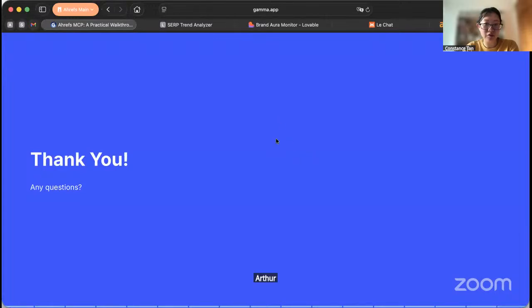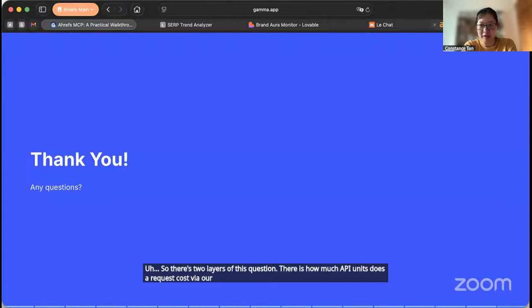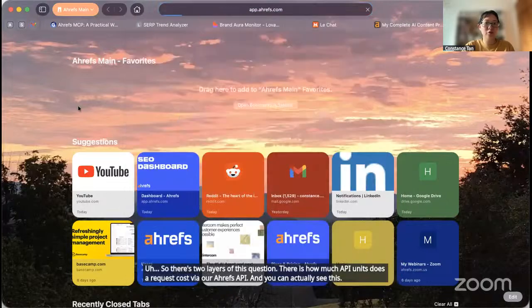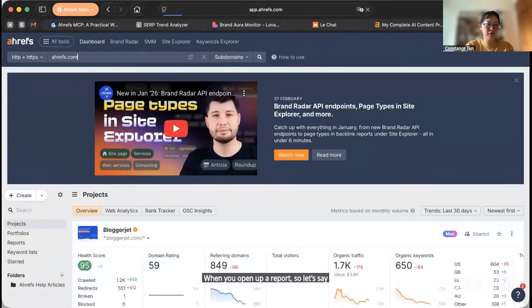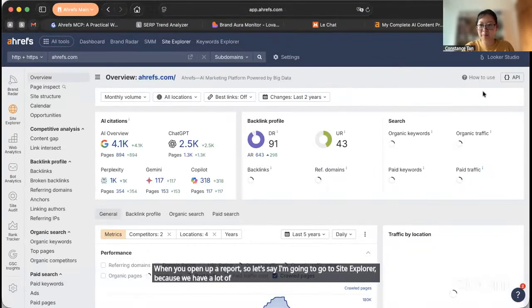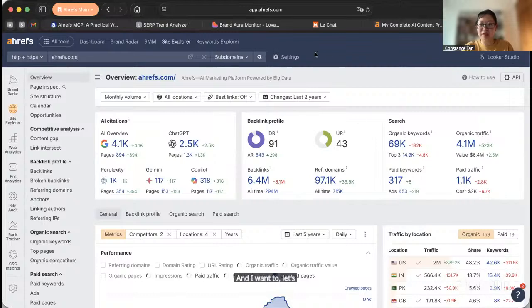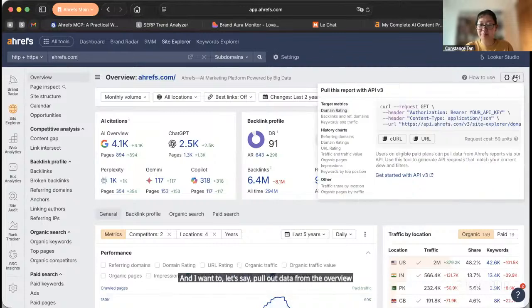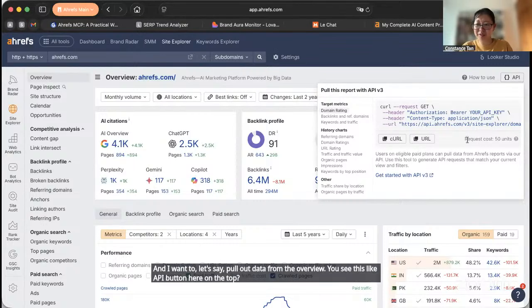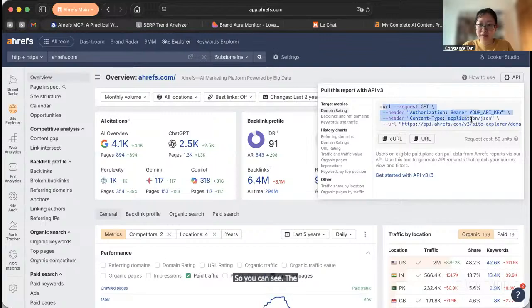Arthur asked, will you get into how many API units a typical MCP request costs? So there's two layers to this question. There is how many API units a request costs via our Ahrefs API, and you can actually see this when you open up a report. So let's say I'm going to go to Site Explorer because we have a lot of API endpoints there, and I want to pull out data from the overview. You see this API button here on the top? So you can see the request, like what is the API key that you need to call, as well as